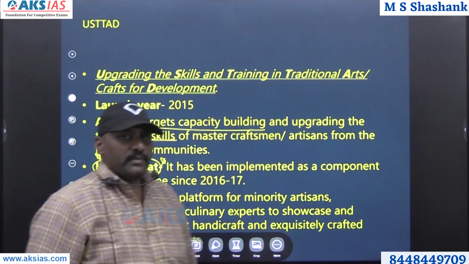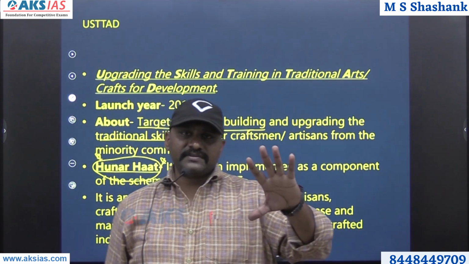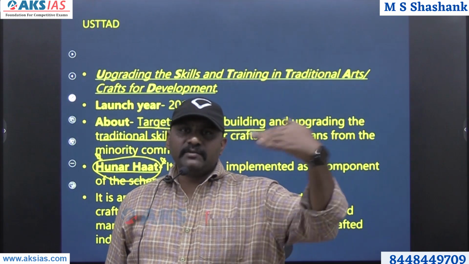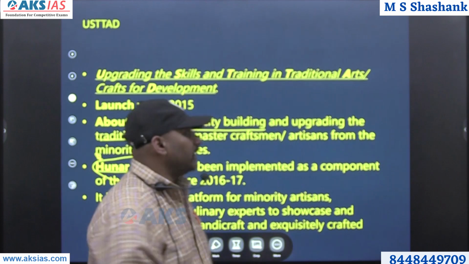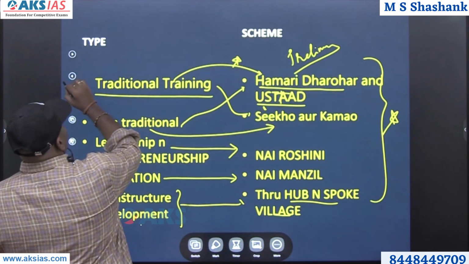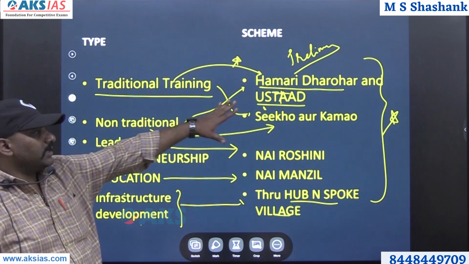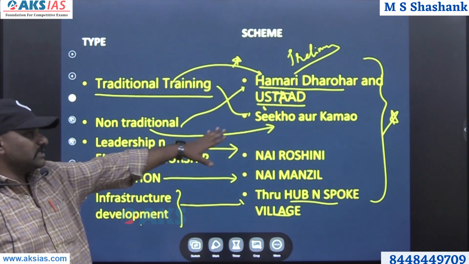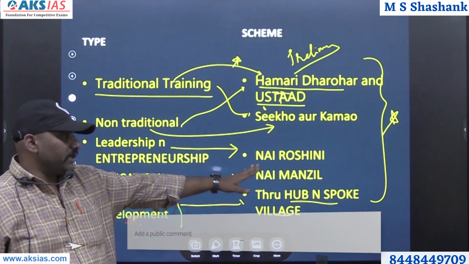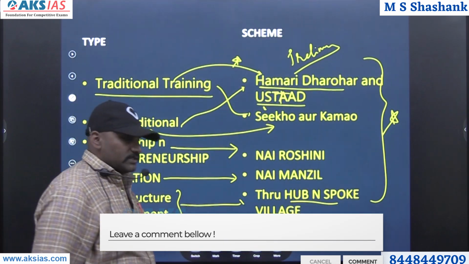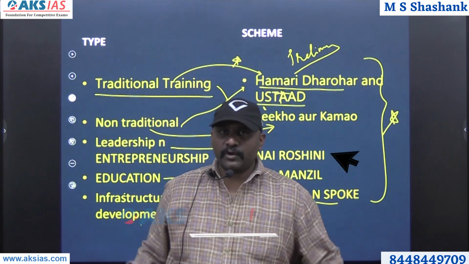So please remember PM VIKAS scheme, 5 schemes in it existing which are working still, and for each scheme what are the important things, and please don't forget each scheme is for what. This one is very important, so please be careful. So traditional: Hamari Dharohar as well as USTAD; non-traditional: Seekho aur Kamao; entrepreneurship: Nai Roshni; education: Nai Manzil; and for infrastructure development through hub and spoke villages. This is very important. I hope all of you have got